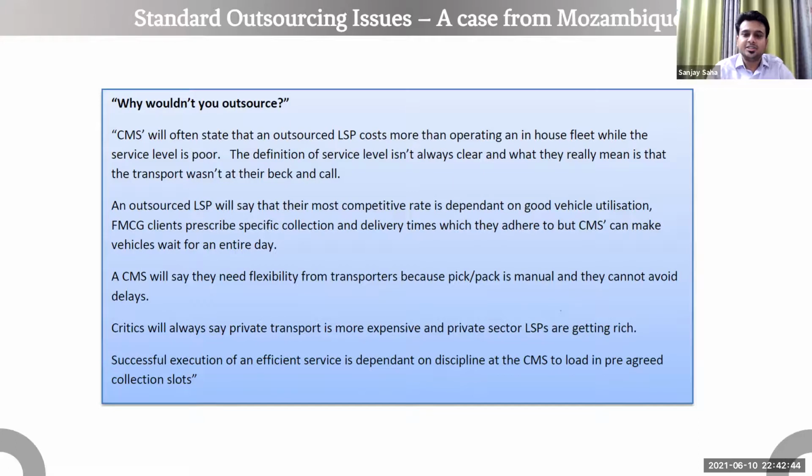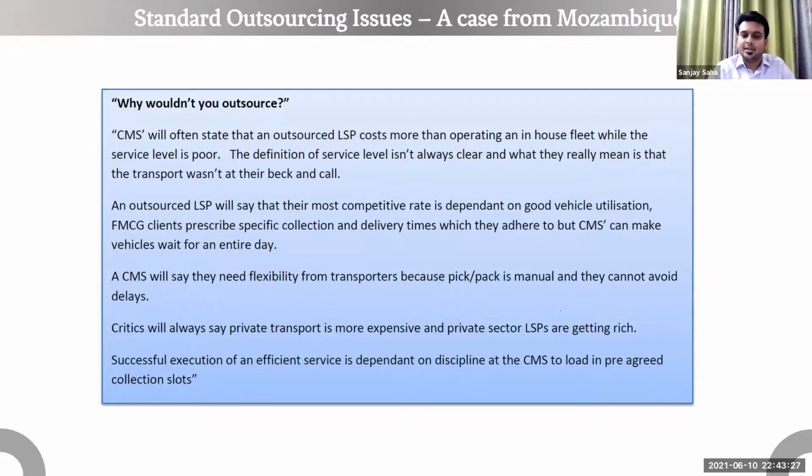Now, if that weight allocation is less, they're still actually using the same amount of fuel. So which means they're losing money. So if every time you ask for the provider and send half filled trucks, that's actually a loss making business for the service provider. If you're not utilizing their vehicles properly, then it will be a loss making venture for the providers. And what will they do eventually? They will increase the prices for you, because they're not going to pay it out of their own pocket, they're going to charge it to you. So you are in turn paying more for the service.